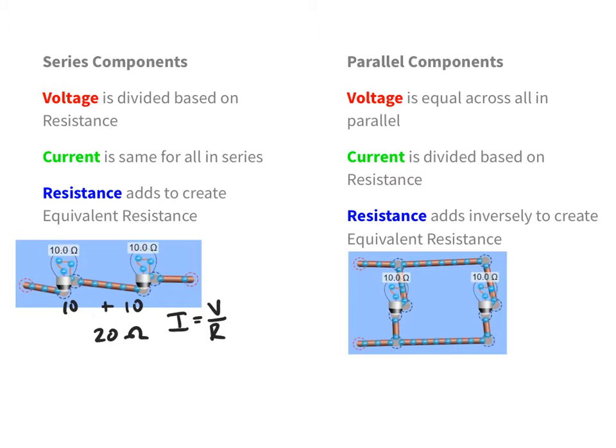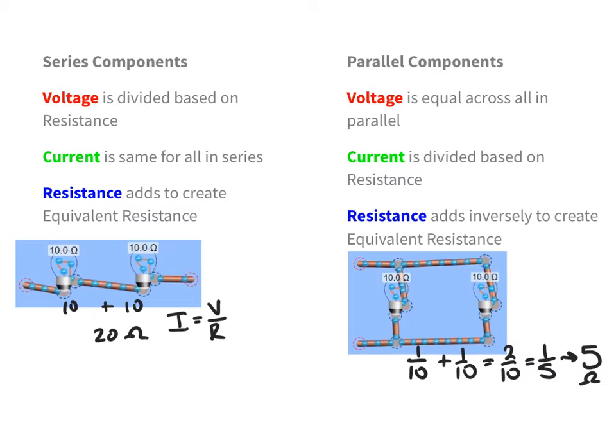Whereas in a parallel circuit, the equivalent resistance adds a little bit differently. They don't add as just 10 and 10 to give me 20; they add as inverses. It'd be 1 over 10 plus 1 over 10 to give me 2 over 10. That simplifies down to 1 over 5, but remember, for my equivalent resistance, I'm going to take that final answer and flip it around again, so I end up getting 5 ohms of total resistance. So for a parallel circuit, the overall resistance goes down,